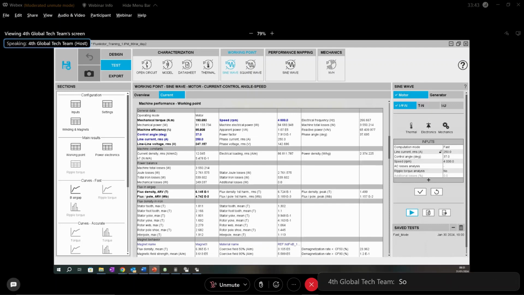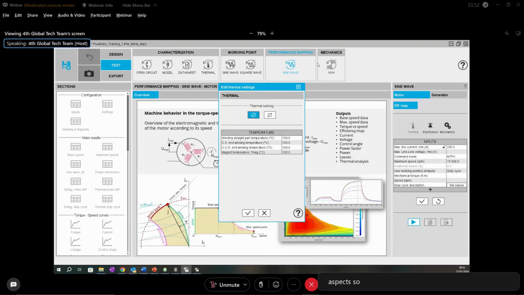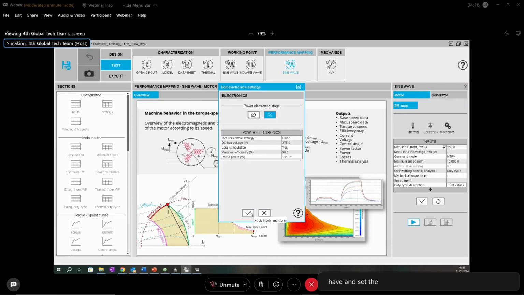So the last possibility we have in FluxMotor to take into account the thermal aspects, so the thermal solver, is the performance mappings in wave. Also this time the thermal solving is iterative, so you have just to put some temperature here, or you can leave the temperature we have, and set the electronics and mechanics if you are interested in it,